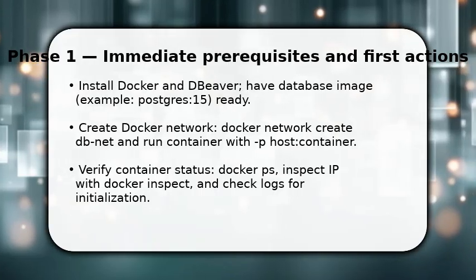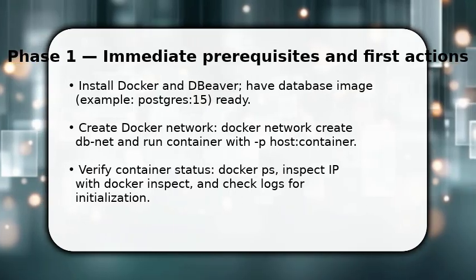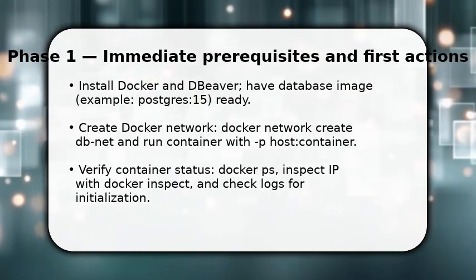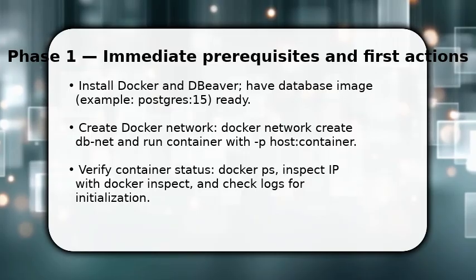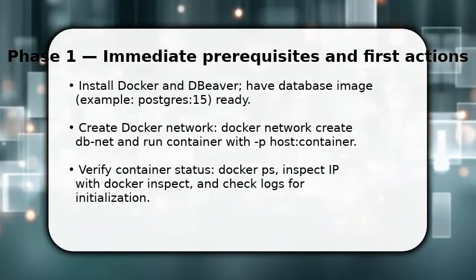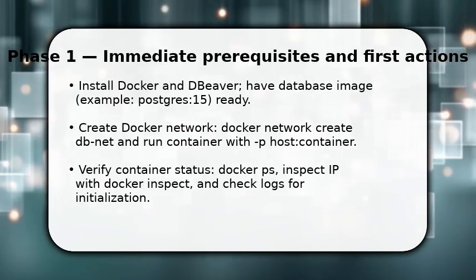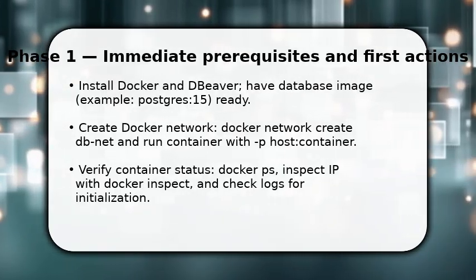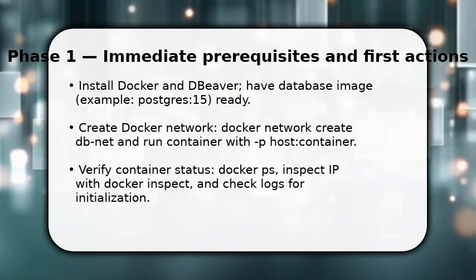Start by confirming prerequisites: Docker and DBeaver installed, a running database image, and exposed ports. You'll create a Docker network and run the container with a fixed port mapping so DBeaver can reach it. Open a terminal and run docker network create dbnet, then docker run --name mydb --network dbnet